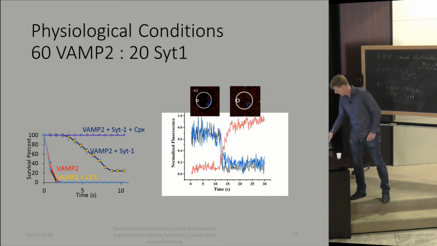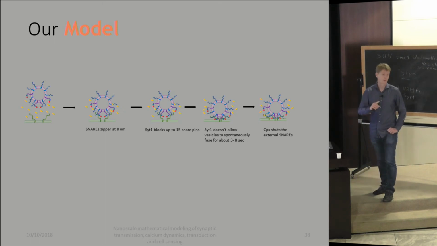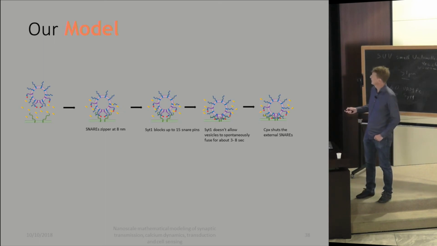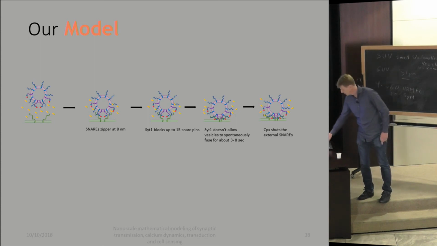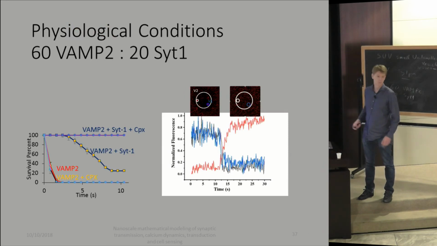Then this delay can also be used by complexin, because complexin binds at least transiently to T-snare and blocks, it's complicated, but basically it blocks the zipping of the snares. If it has time to come before the V-snare arrives, it can block a V-snare, T-snare complex that is forming and prevent fusion. If you don't have the delay, then VAMP will fuse too fast before complexin arrives.